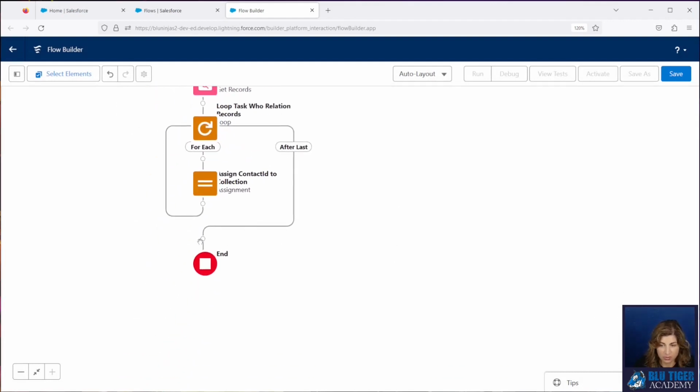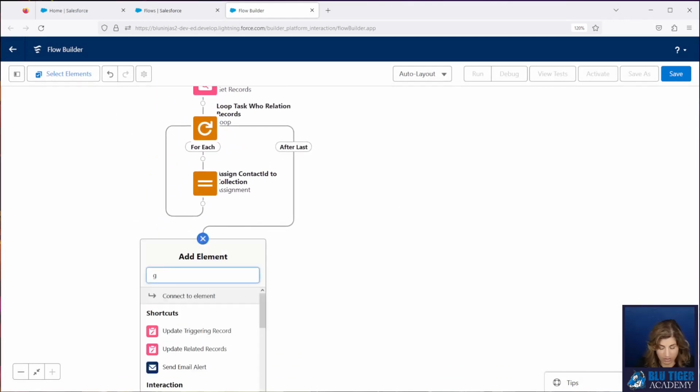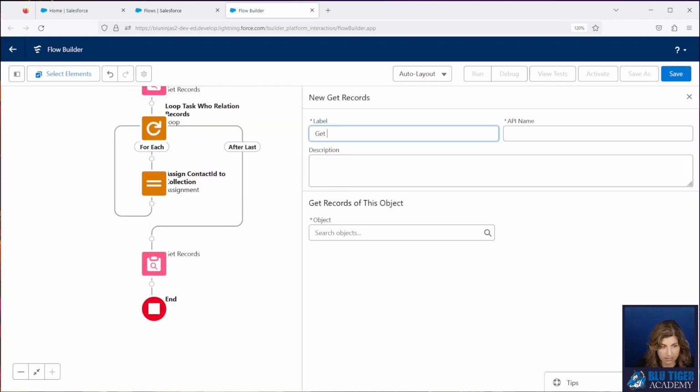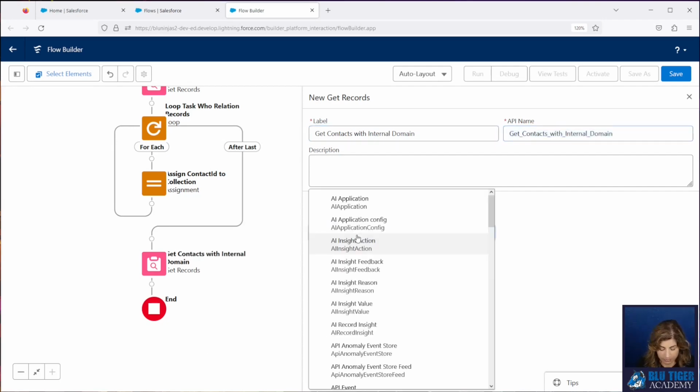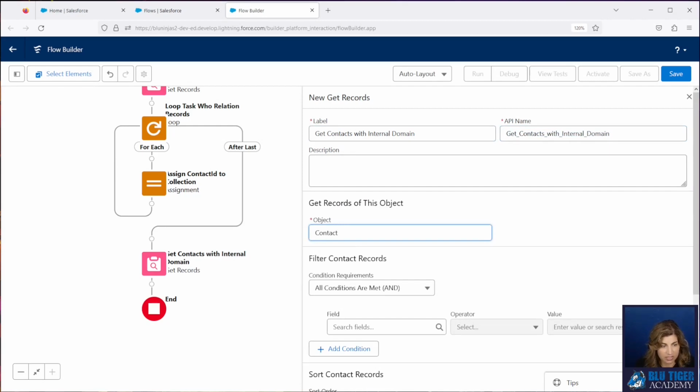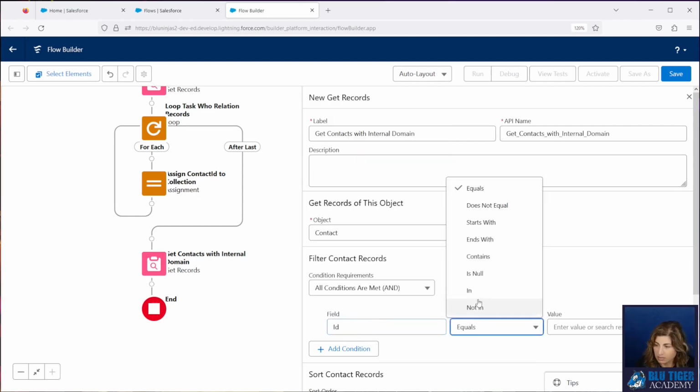Next, we want to do a get records on the contact object, because we don't want to add any contacts that have an internal domain to our contact roles. So we're going to get contacts with internal domain. You can skip this step if this is just not a scenario that's ever going to happen in your org. We just see it happen a lot due to people having third-party applications that are automatically creating contacts or tasks